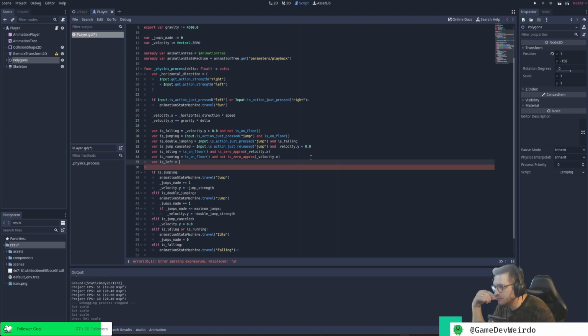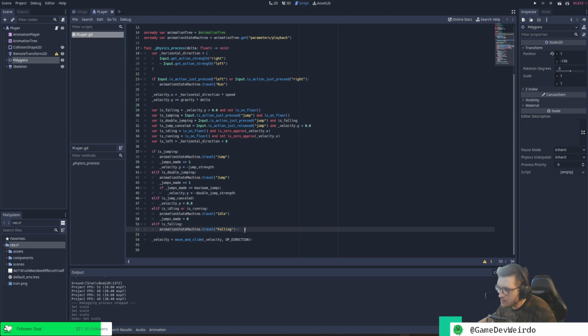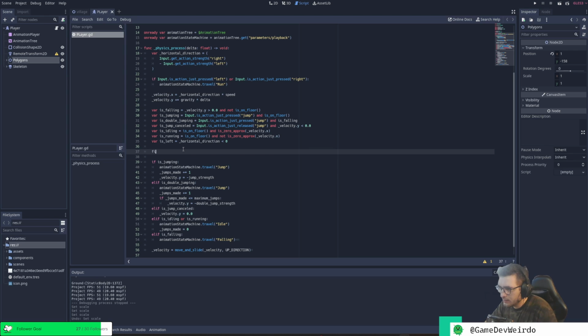Is it actually just right minus left? Okay, so in this case, horizontal direction less than 0, right? Is left less than 0, then it will be true, right? And I think if is left,